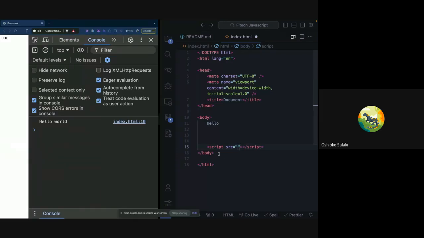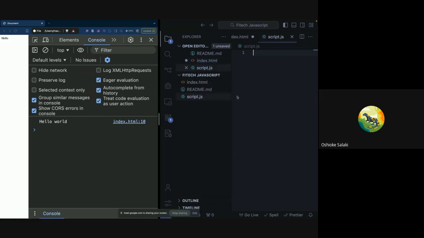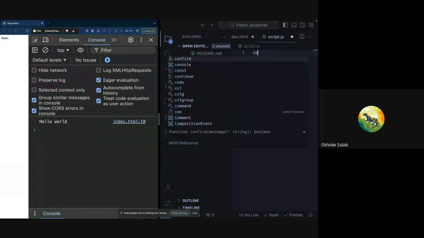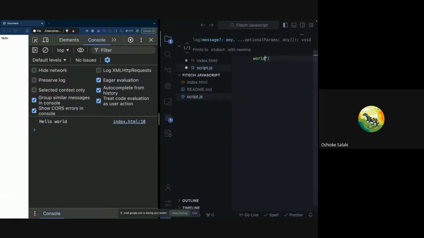in the same way you do whenever you are linking your HTML to your CSS file. So in our folder, we're going to create a new file. The most common name for a JavaScript file is script.js, like this. So script.js is going to be our JavaScript file, and here we can write our JavaScript normally. So if we have console.log hello world, like this,